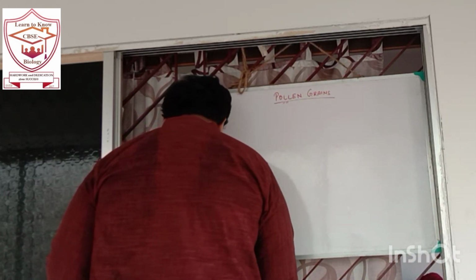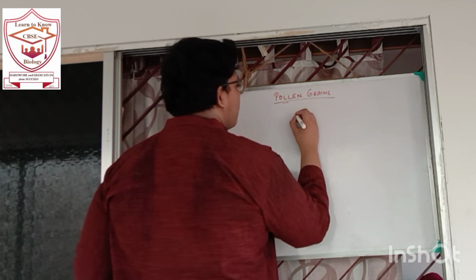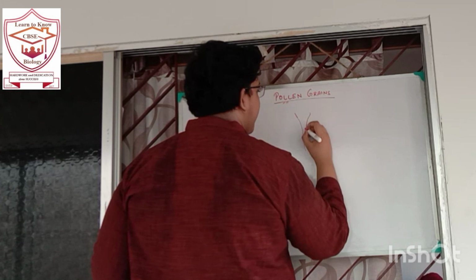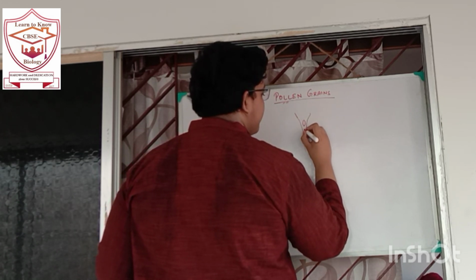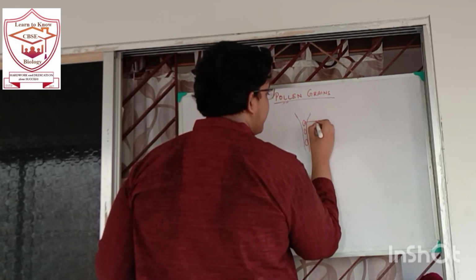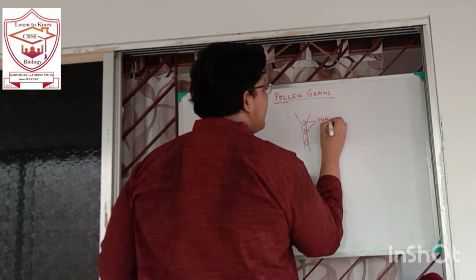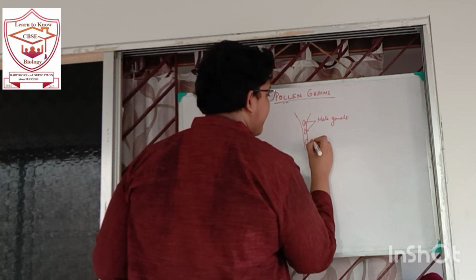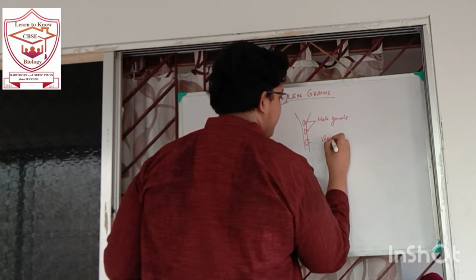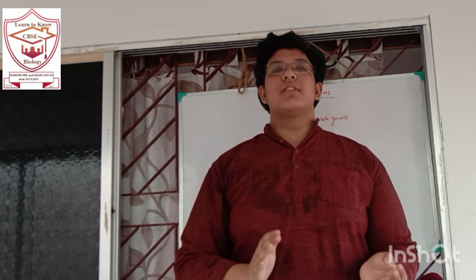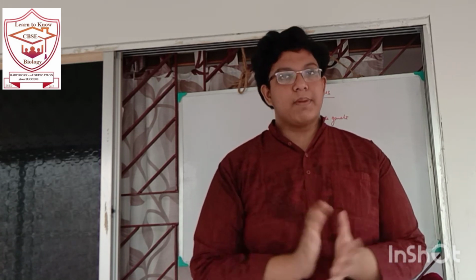And next, when the pollen grain forms the pollen tube, as we have said, it has the two male gametes and the vegetative cell. These are the two male gametes. The male gametes remain at the back, while the vegetative cell is the pioneer, which dissolves the tissues of the stigma and forms the pollen tube. So, the discussion about pollen grains ends here.